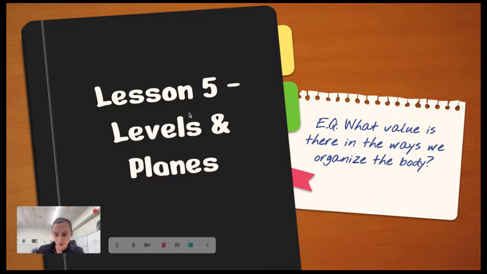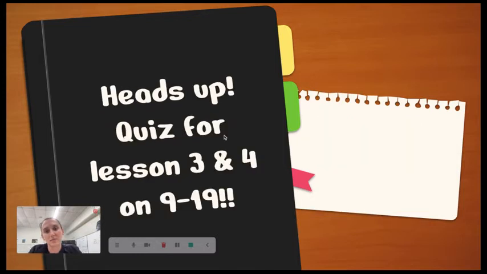Okay, just a quick heads up, your next class on Monday, September 19th is when you are going to have quiz number 2. Quiz number 2 is going to be on lessons 3 and 4, so it will not include this current lesson. Okay, so quiz number 2 is on Monday, September 19th, and it is on lessons 3 and 4. Feel free to shoot me an email if you have any questions about what the quiz is going to cover. So here we go, lessons 3, 4, quiz on September 19th.